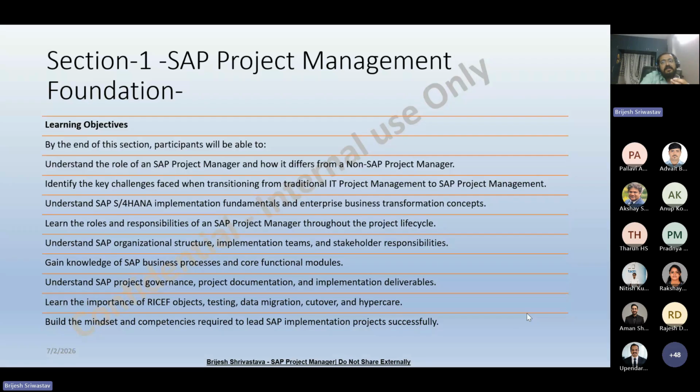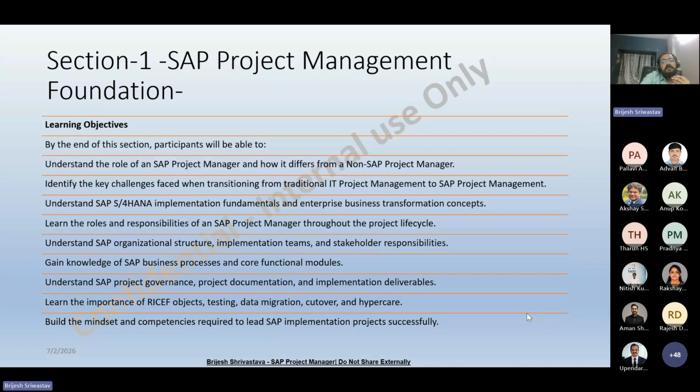So in this section, we will first understand what an SAP Project Manager actually does and how this role is different from a traditional IT Project Manager or non-SAP Project Manager. We will discuss why managing an SAP implementation is not just about tracking timelines and conducting meetings. An SAP Project Manager always needs to understand the business, implementation methodology, project governance, and how different workstreams come together to deliver a successful implementation.